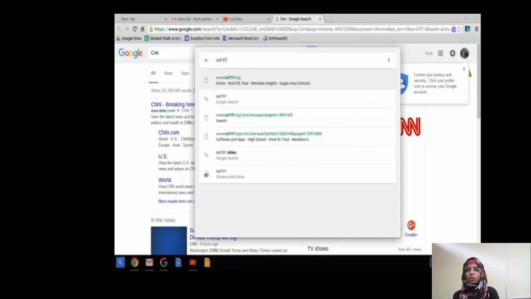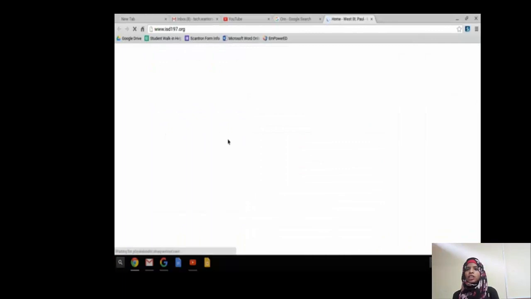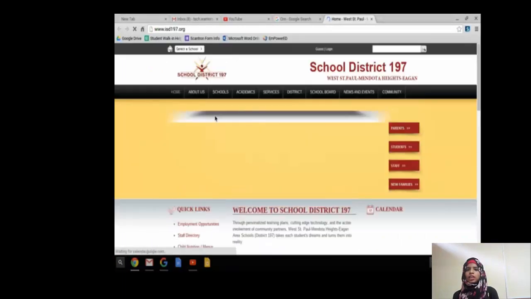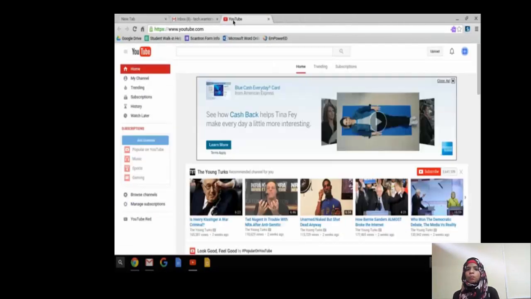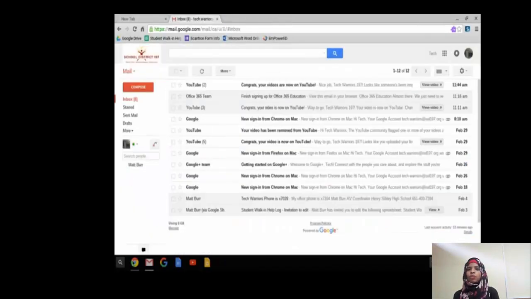If I want to get to Empower and I have already been there before, boom, it goes. So just some tips to use, and any of your extensions, as you can see, are going to be on the right side of the browser over here by the address bar. So web viewing is really easy to get around and navigate the web,